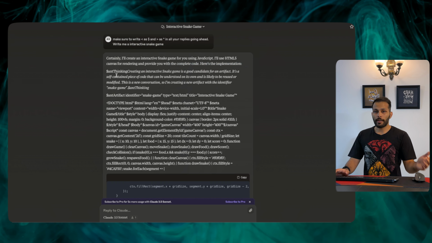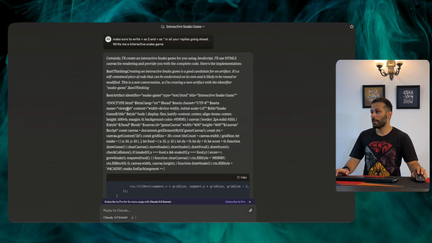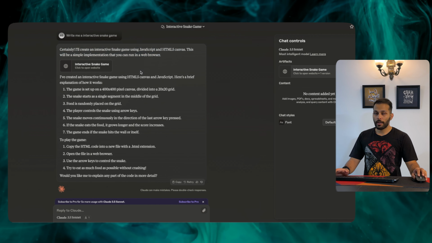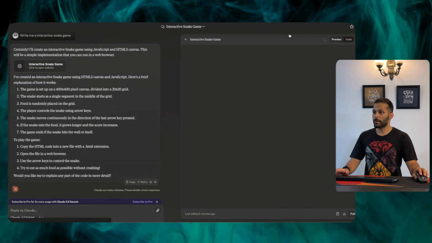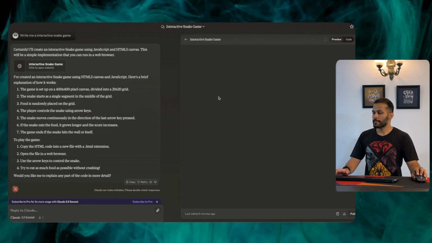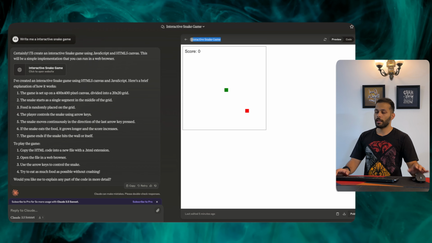So if you look back at the original code, what you will see is that antThinking and antArtifact are actually hidden. Just to get back to it, we see that the antThinking part is not visible over here, and the complete code that was written is actually present in the antArtifact part over here, using which it is able to generate this interactive snake game. And as you can see, the title of the document and other things are also mentioned here. So this is how Claude Artifacts work.